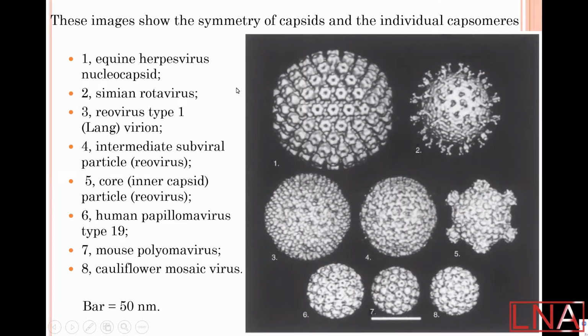Another key point we have to mention is the symmetry of the capsid. Symmetry of the capsid is also an important characteristic of the virus. Each virus has its own specific structure, and here on the micrograph picture, you can observe different symmetry of the capsid and different capsomers. Capsomers are pieces of the protein coat of the virus. Capsomers are the smallest structural proteins which bind to each other and make a protein coat.